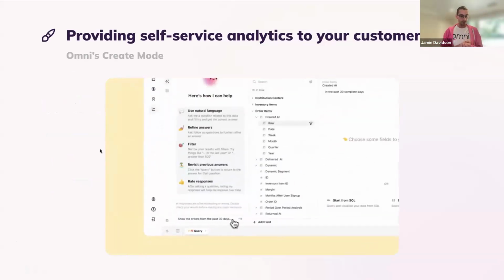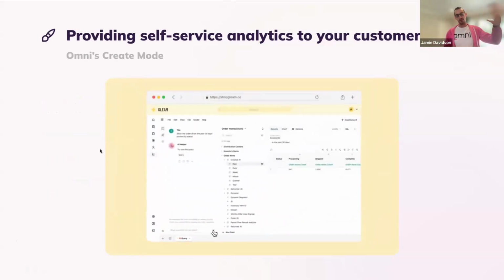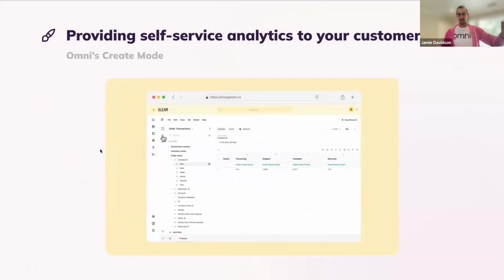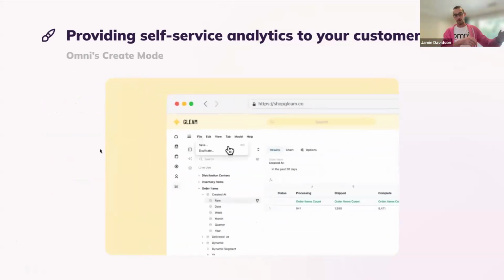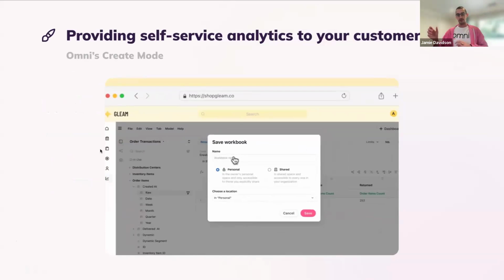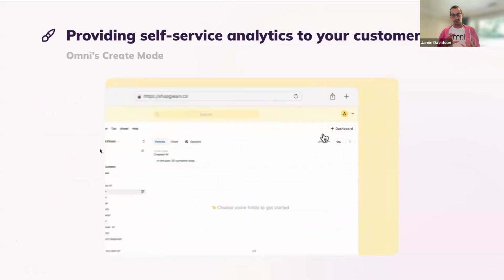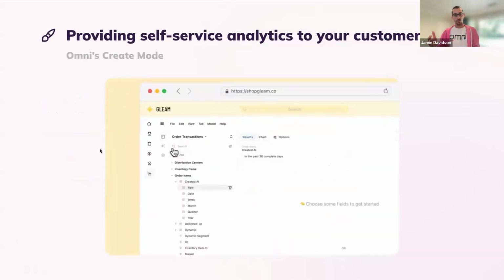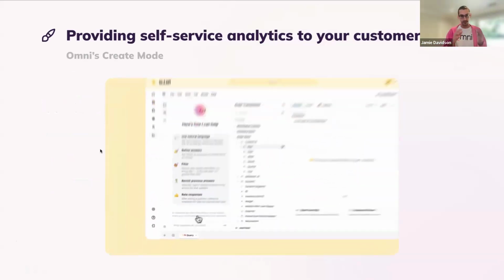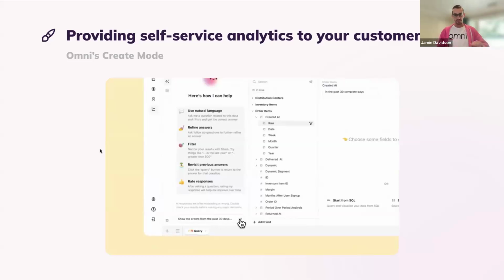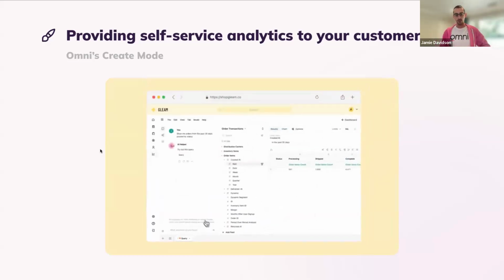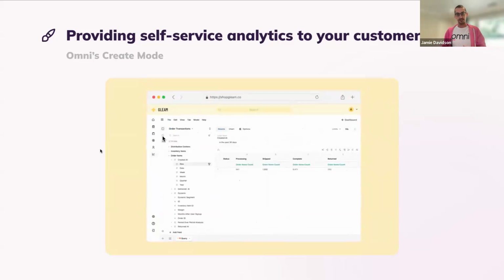So, how frequently do you generate a PDF, send it to your customer, and they ask, oh, hey, what if I filtered this way? Or what if I parameterize it this way? I want to look at it in this region, or for these products, or for this warehouse, or for whatever it might be, a slight tweak on the core analysis that you built, where the 80% is covered by the dashboard. How do I go in and create a little bit more dynamicism?